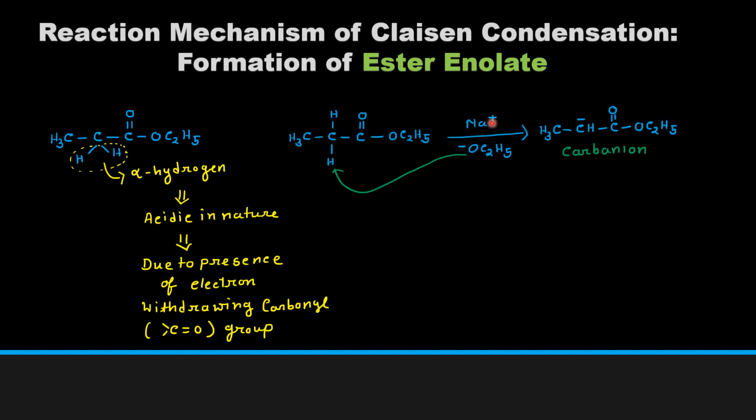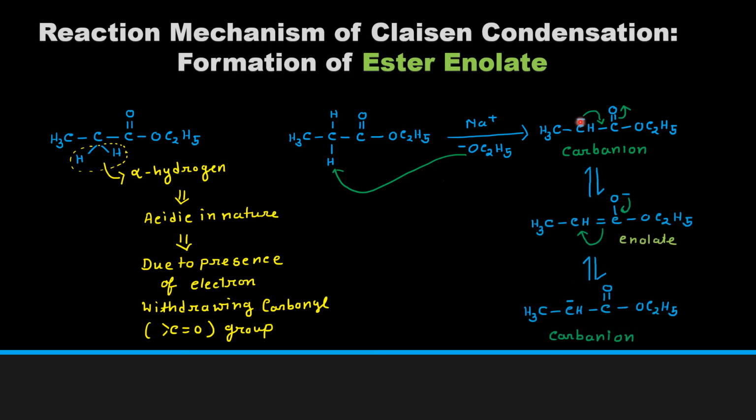Now what happens? Here we are using a base, sodium methoxide or sodium ethoxide. Now this hydrogen is acidic in nature, so deprotonation will take place in presence of a base and a carbanion will form. Now this carbanion can undergo resonance in this way. The electrons will move towards the carbon and then the double bond will break towards the O-. So this is the enolate. And now again the negative charge will move towards the carbon and then the double bond will break and the negative charge will come back to the